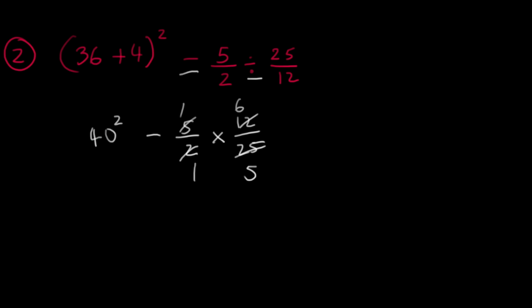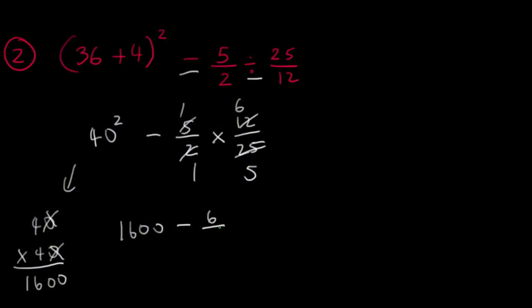Now 40 squared is the same thing as 40 times 40. And if you saw one of my earlier videos, what you can do here is you can cross out the zeros, do 4 times 4, which is 16, and then add the zeros back. So we get 1600, and we're left with 6 over 5 for the fraction. Now we need to get a common denominator. So what we can do is 16 times 5. 5 times 6 is 30. 5 times 1 is 5, so we get 80. And then we can add back the zeros, and we get